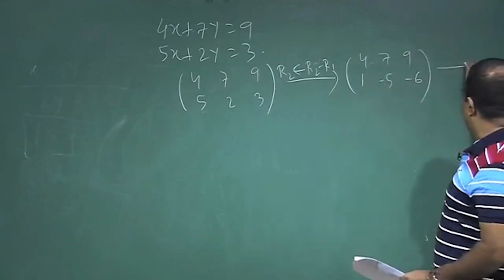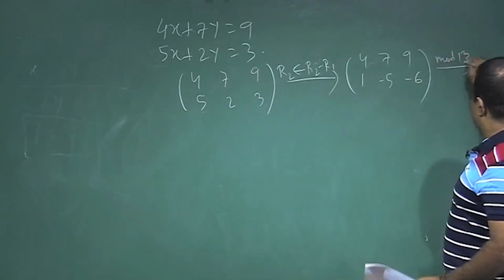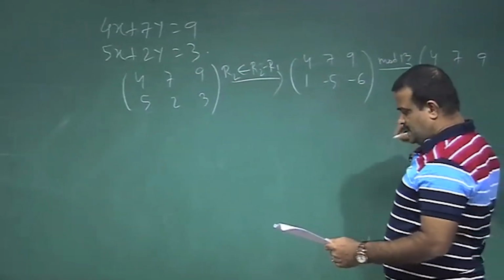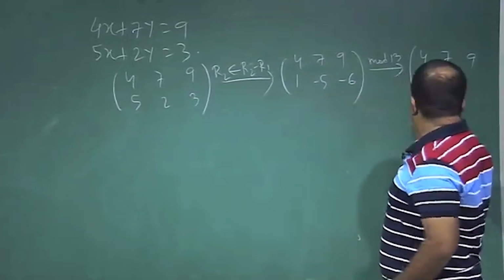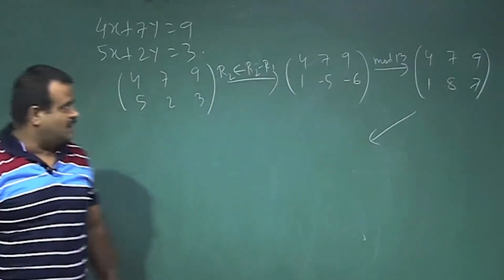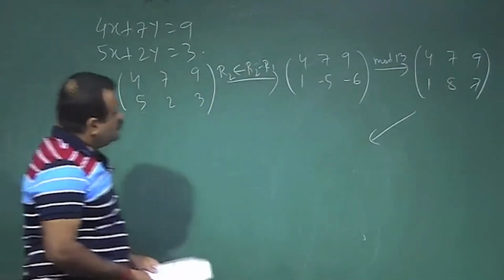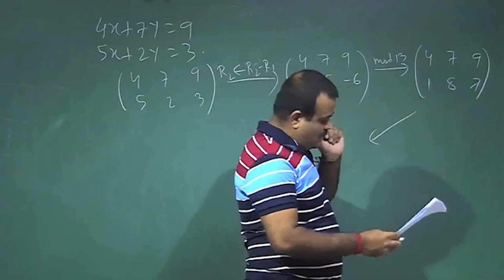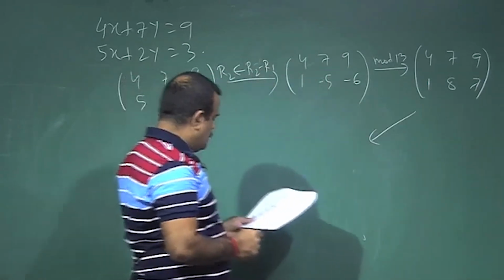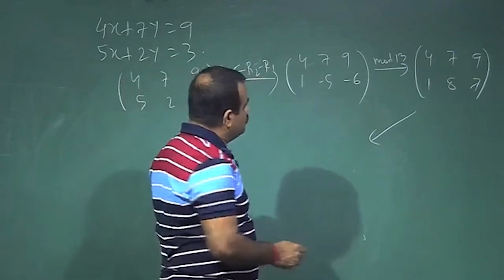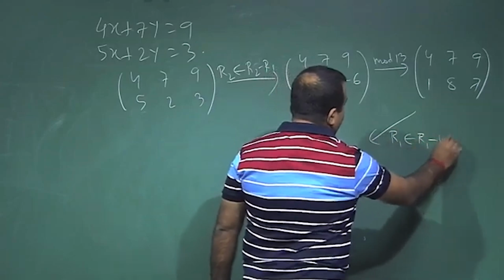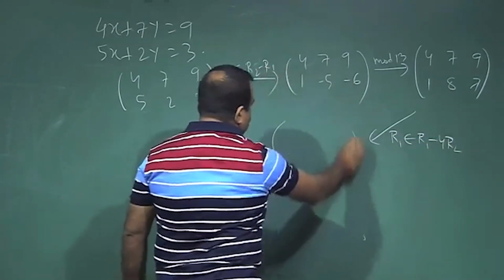So, if you take the mod 13, this will basically be 4 7 9, this is 1, this 15 is basically 8, and this 6 is basically 7 under mod 13. So now this is the current position of that augmented matrix. Now we have to perform R1 going to R1 minus 4 R2. If you do so, we will be getting